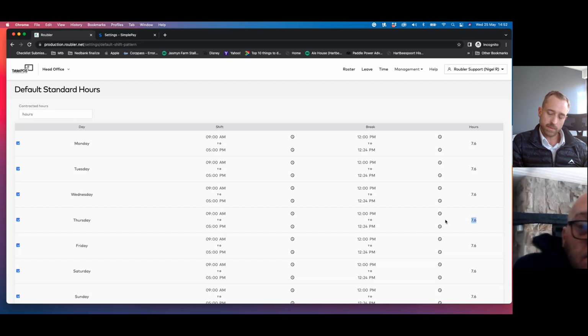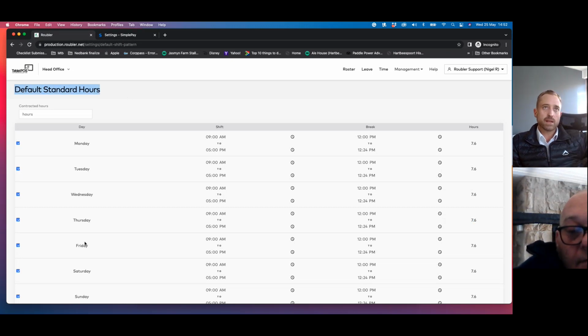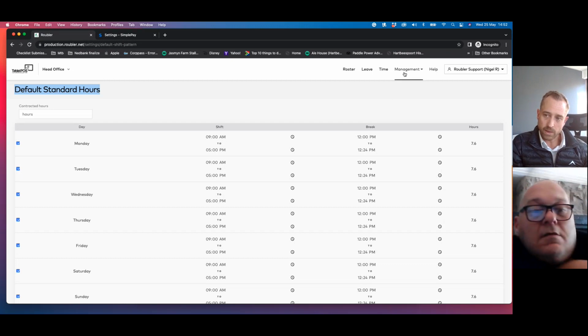Is it an 8-hour day, 7-hour day, 9-hour day? It depends on the business. So the default standard hours are essentially the company standard hours. Then each individual person can have their own standard hours if that is the case, and that's handled in the employee